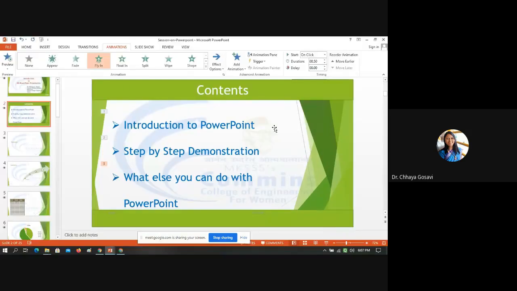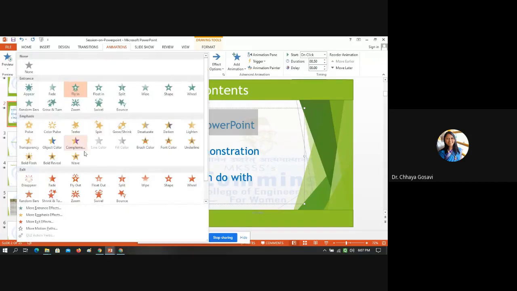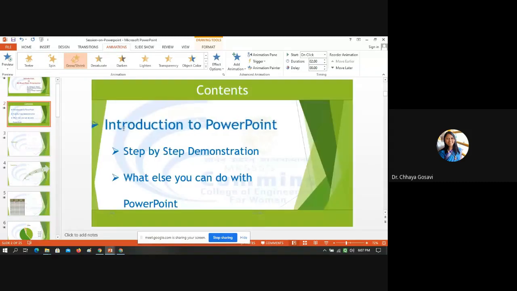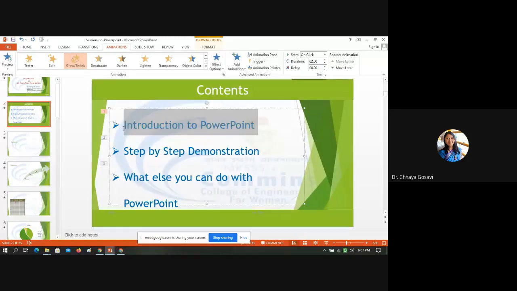Now if I want to emphasize, once the first point has appeared, I want to highlight it. So you can choose any of these, for example, grow and shrink. Now I'm talking about the introduction, so it is growing and shrinking, or darken.